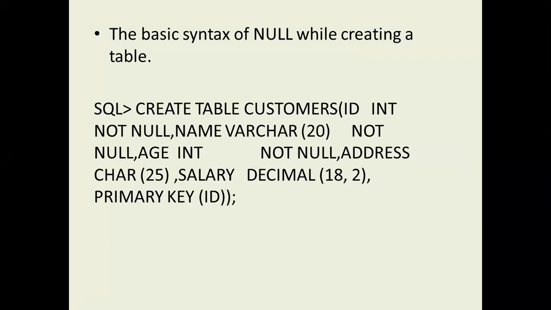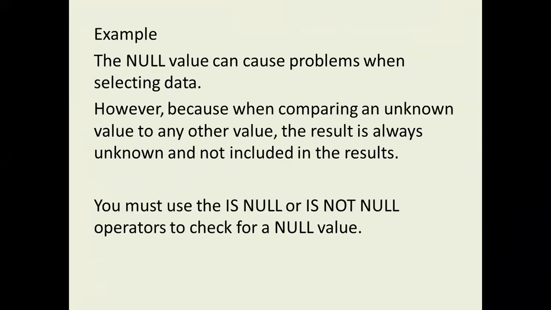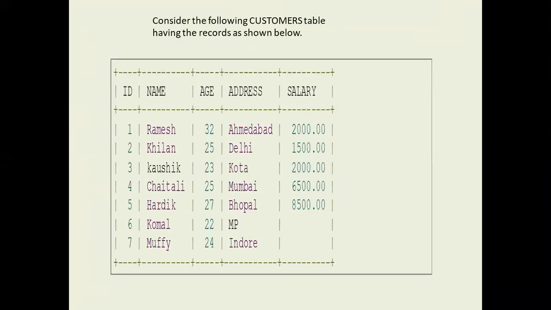In the morning session we saw that. Let's see it again clearly. By using the not null keyword, we can restrict the occurrence of null values. If we do not give not null, then the table will accept null values. That creates a lot of problems, like different types of anomalies or errors, when we allow null values into a relation. That is the problem.